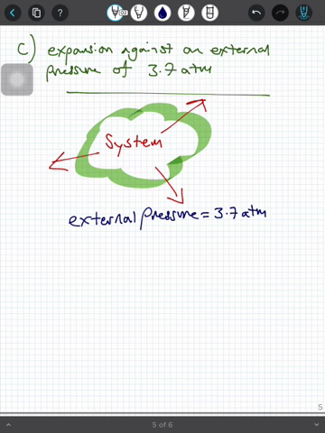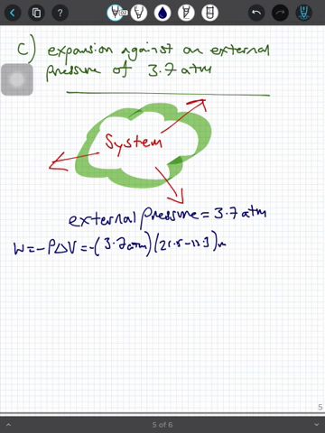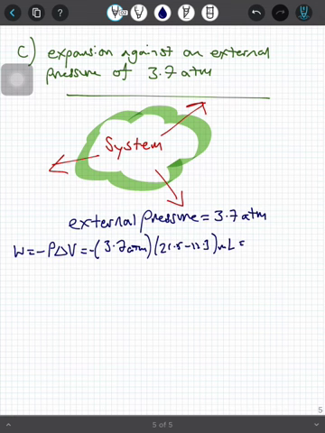So in part C, our system is expanding against an external pressure of 3.7 atm. So let's put these numbers into the equation. Work is equal to minus P delta V, and that's minus 3.7 atm multiplied by delta V, which is 21.5 minus 14.3 mL. And that's minus